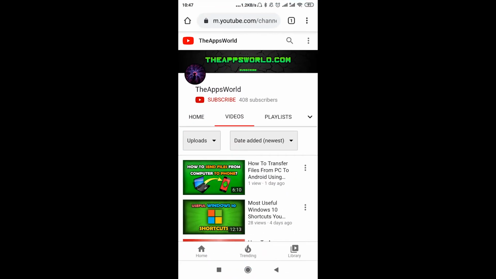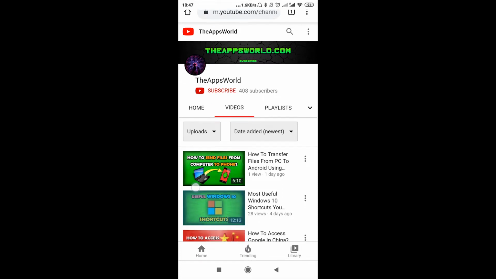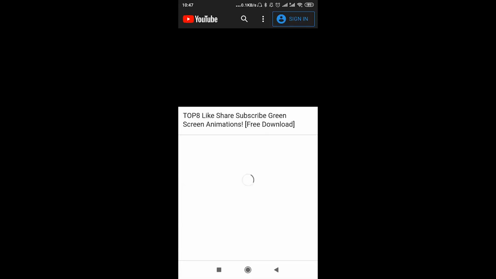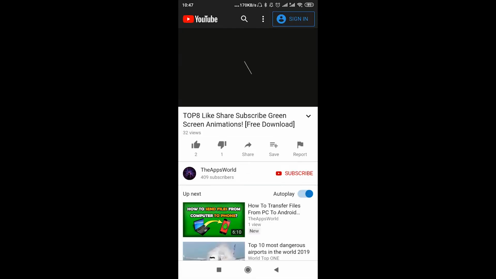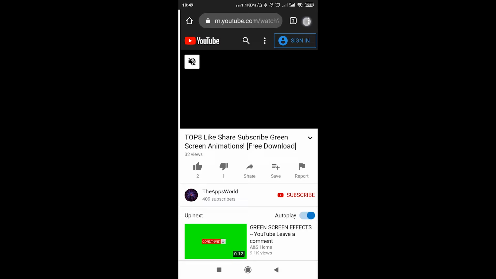So let's open Google Chrome and then we need to go to youtube.com. After you go to youtube.com, we can find the video that we would like to play in the background, the music that we want to play in the background. So after we open this music, we need to click in the right top corner on those three dots